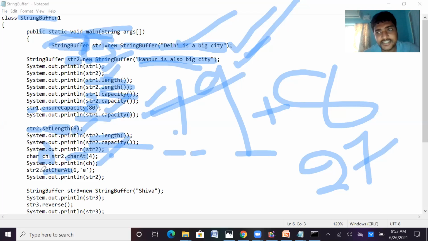That means we can change the value. Suppose if the string has the value E, that can be changed to F. That is possible by using the setCharAt method. That means in the 6th position, replace the character with E. Then I am printing string 2.